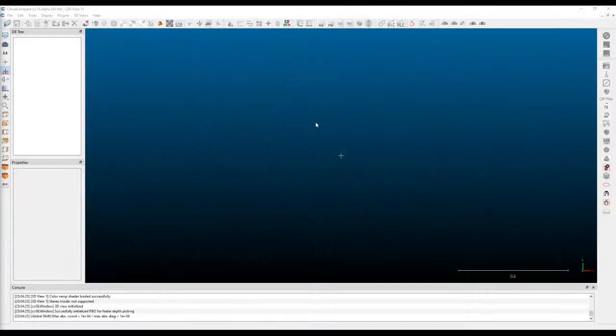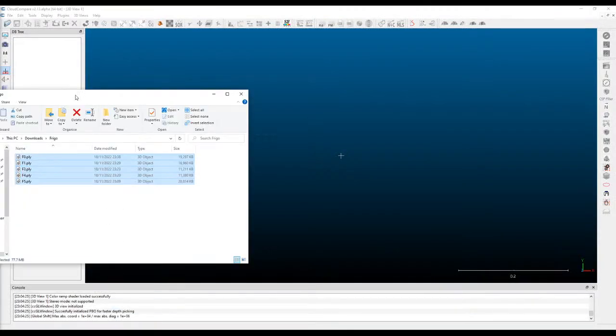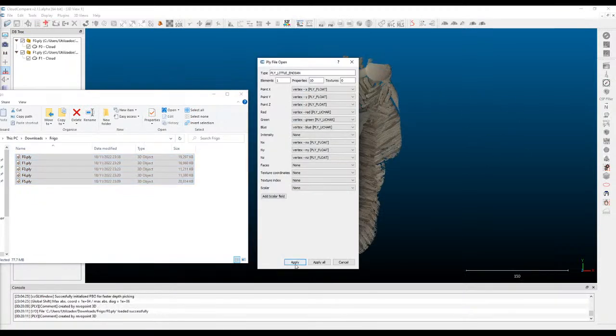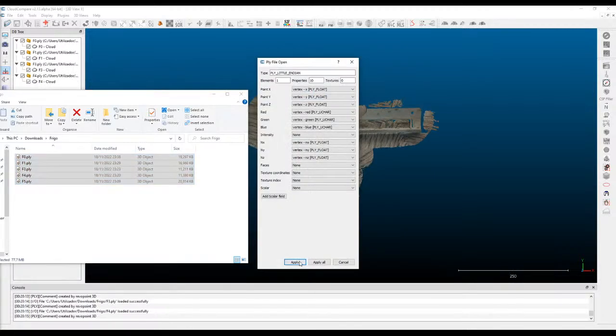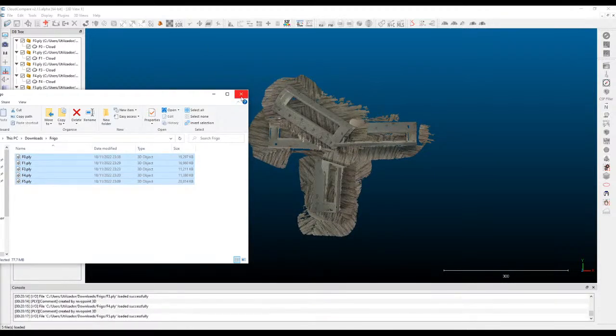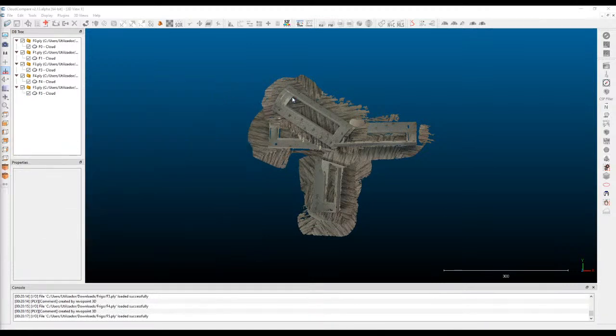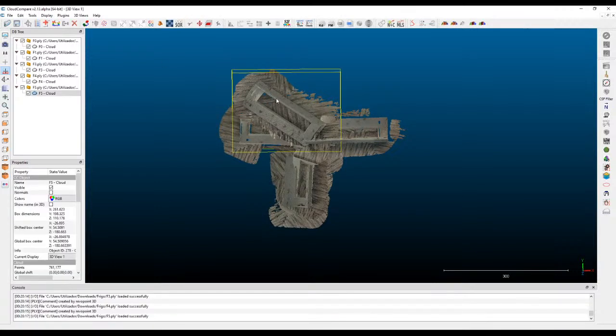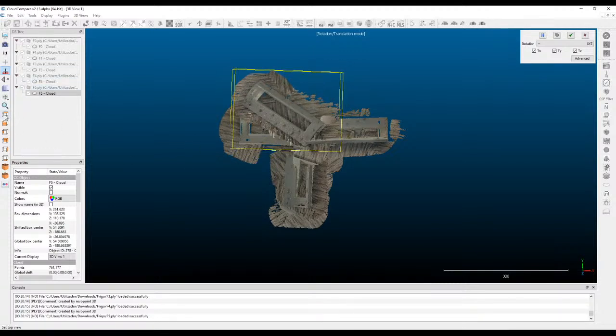So here we have CloudCompare, and here are the files. I will start by just dropping the files here and checking all the point clouds that I've captured. One of the first ideas to do this is to select the meshes and use the transform rotate to put them more or less facing the top